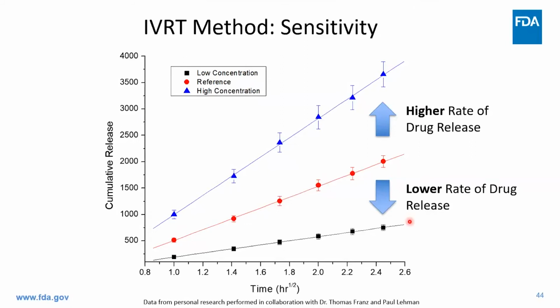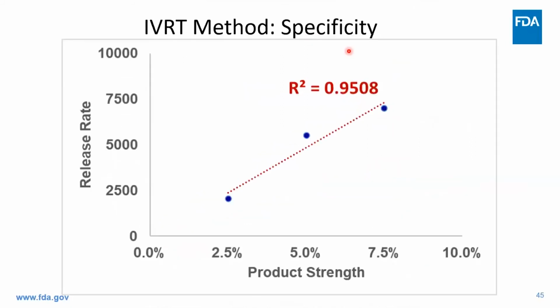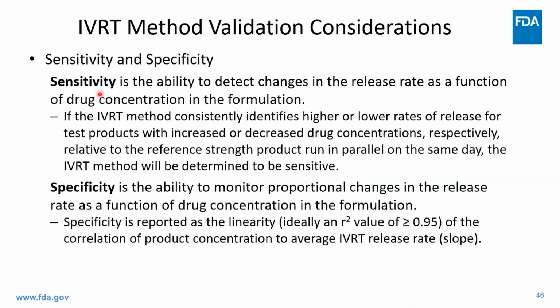If you can show that, then you have sensitivity. When you then plot those, if you have that relatively proportional, and this is relatively linear, then you've got specificity. So sensitivity is the ability to detect changes in the release rate as a function of drug concentration in the